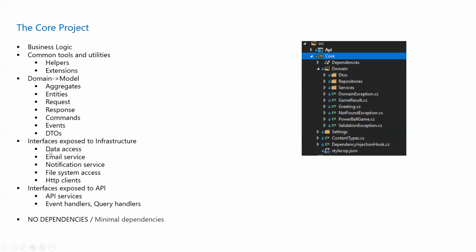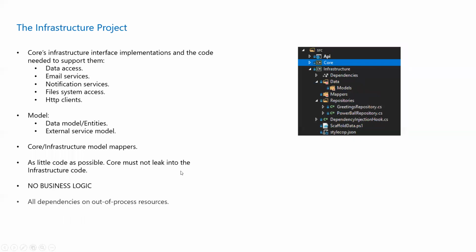Now, this will contain all the interfaces for the data access, your external web services, the actual application core services, notification services, and the HTTP client, in case you are calling a different microservice from this service, so you have to instantiate the client for that. Those are the kind of things that live in the core. It has no dependencies or minimal dependencies. When I say minimal dependency, that means only the shared projects. I will have separate slides on the shared NuGet packages. So only shared NuGet packages will have a dependency on the core, nothing more than that.